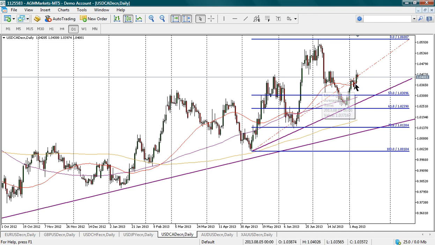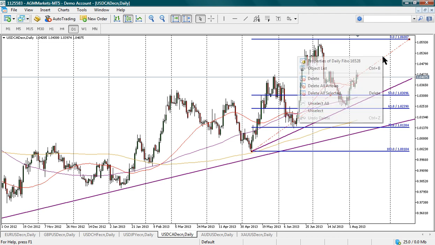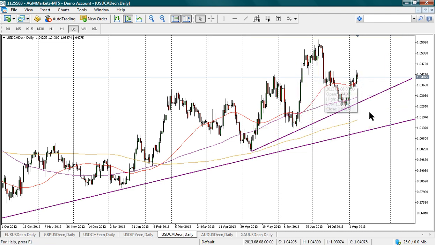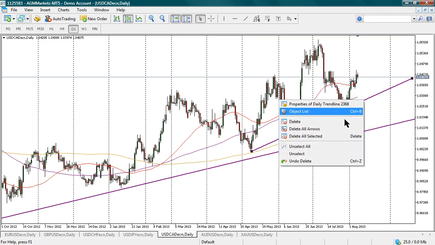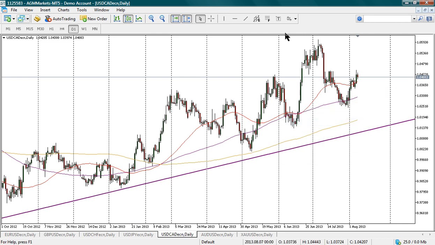Now we've closed above the 50-day moving average. And it looks like it just wants to grind higher, in my opinion. But if it does get capped and it wants to come back down to the bigger trendline support around here, then this fib up here